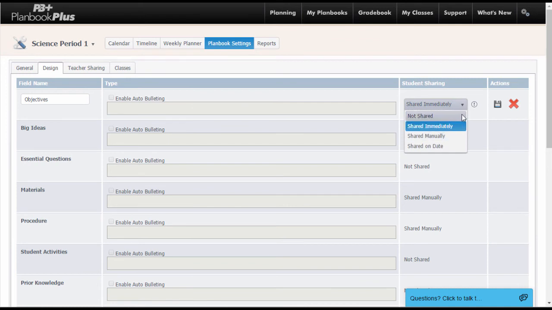The student sharing options that we offer for your custom elements are going to be not shared, which would never share that information with your students. Share immediately, which would be available at any time for your students to view. Shared manually would mean that there's a checkbox on your calendar for when you would like to release that information to the students. And shared on date is going to automatically release that information to the students on the date